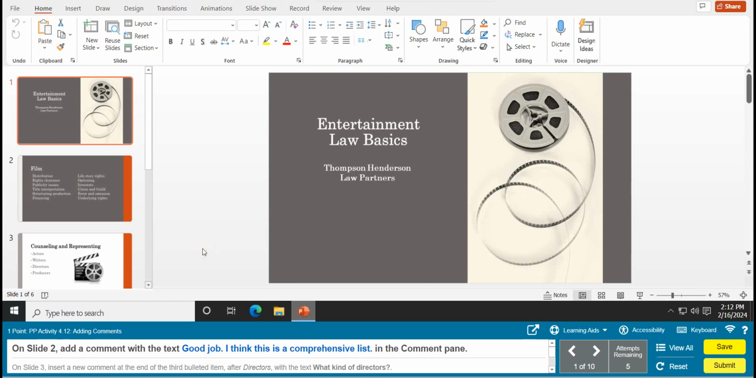Task 1 is adding comments. So on slide 2, add a comment with the text, "Good job. This is a comprehensive list," and include the period, and show the comment pane. Alright, so the first thing we want to do is go to slide 2,